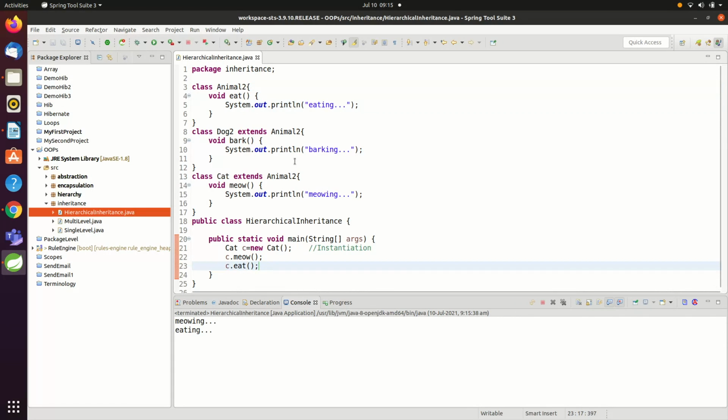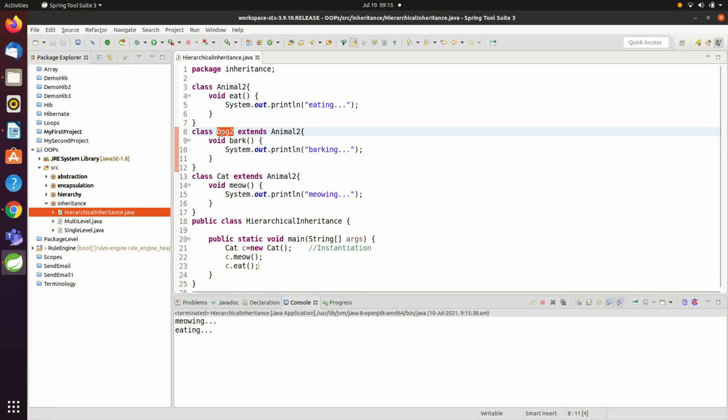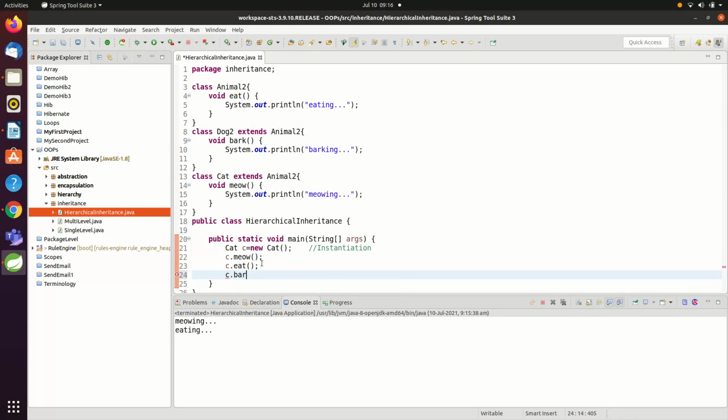Now let's see if we can access the bark method in the dog 2 class, which has no relevance with the cat class, because cat class doesn't extend dog class. Cat class only extends animal 2 class. So let's see if it works. c dot bark. Guys, there is a red line, so it is not allowed.